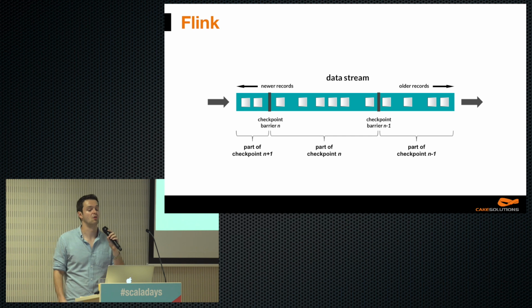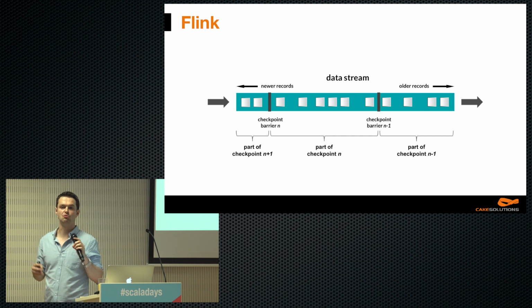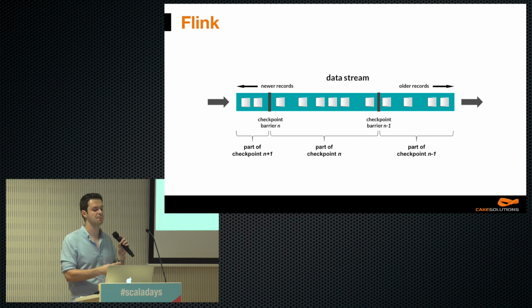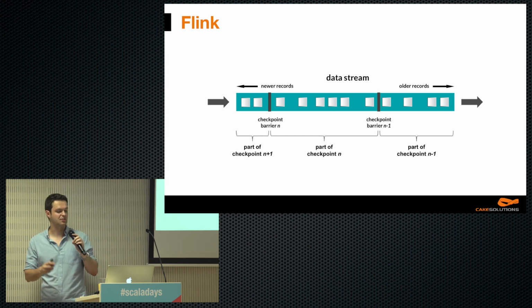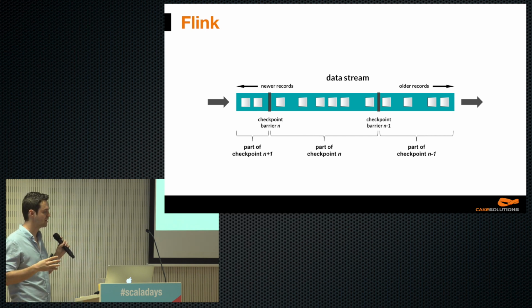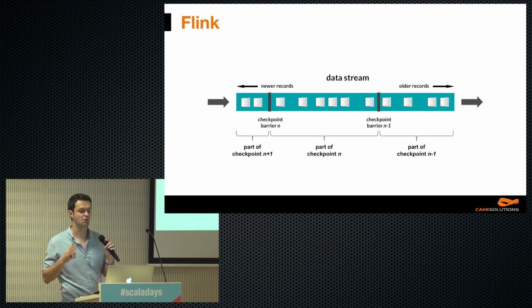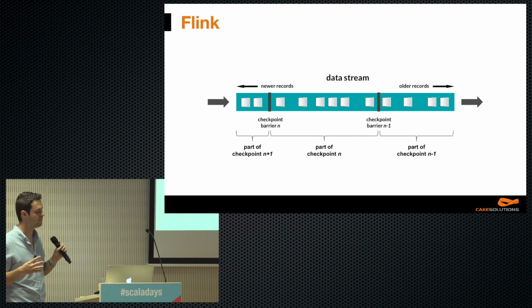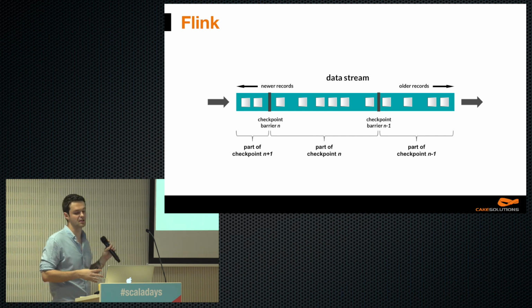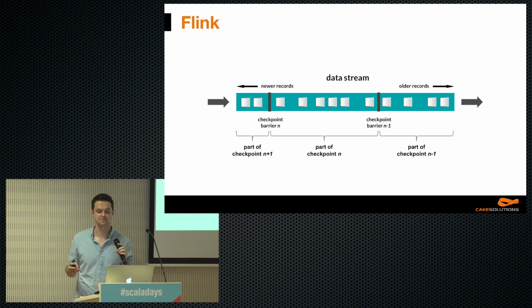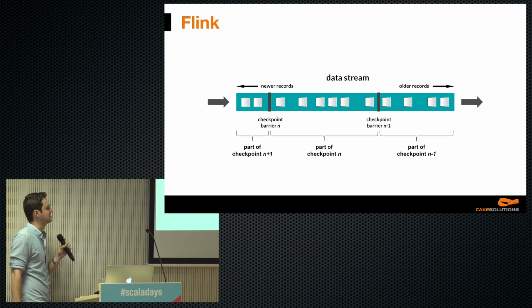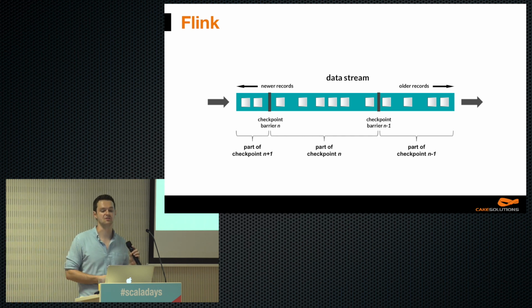Flink's approach is based on distributed snapshots, which keep the state of the streaming job. And it is kind of similar to Apex. Flink's markers are called barriers and are sent through the stream. When a barrier reaches an operator, the operator checkpoints the corresponding part of the stream. So if we compare it to Storm, it is much more efficient, as it does not have to acknowledge every single record, but does it in small batches. But don't be confused, this is still native streaming. Conceptually, it is very different from Spark. And also Flink's windowing is not limited in any way. Lastly, both Apex and Flink provide all delivery guarantees.